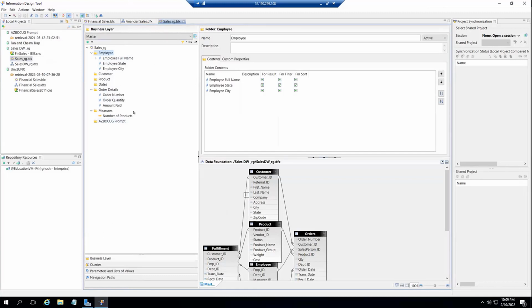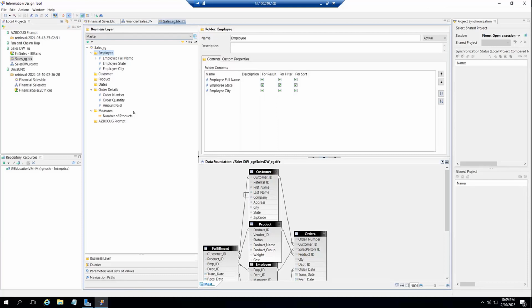The advantage of this kind of separation of the data structure and the actual objects is that you can have one data foundation layer, but then you can build more than one business layers on top of that, and then publish that as 2 separate universes.